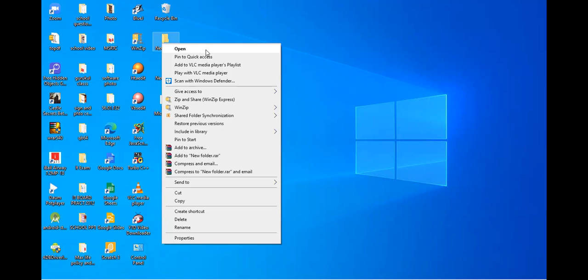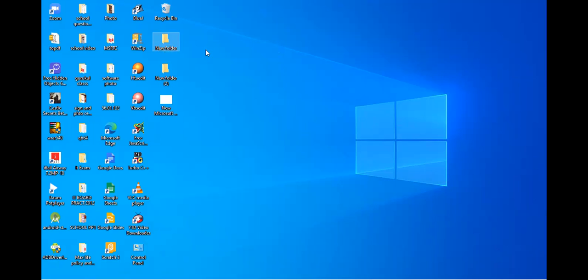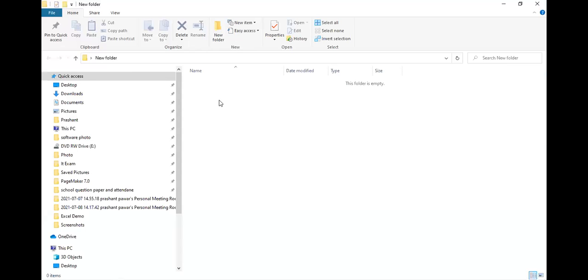That means you are giving input through the mouse. When you click the open command, the folder is open. That means you have given the input of the open command through the mouse to the operating system. This is called an input process. Now this folder is open. This is called an output.